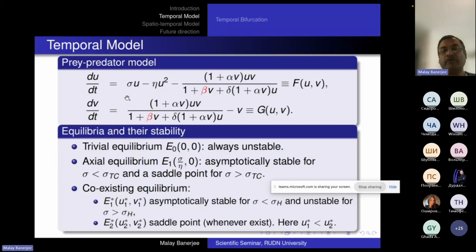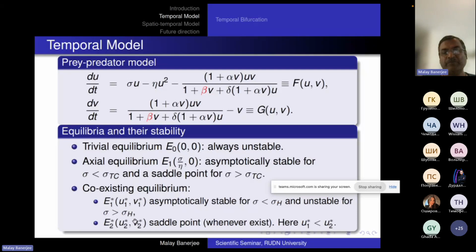Yeah. And once we consider that kind of saturating effect for the cooperative hunting, that extra term is reflected in the dimensionless version as the parameter beta. So the summary of the result is that the trivial equilibrium point is always unstable, the axial equilibrium point is stable if sigma is less than this transcritical bifurcation threshold and is unstable if it is above this transcritical bifurcation threshold. One of the coexistence equilibrium points bifurcates from this boundary equilibrium point through a transcritical bifurcation,